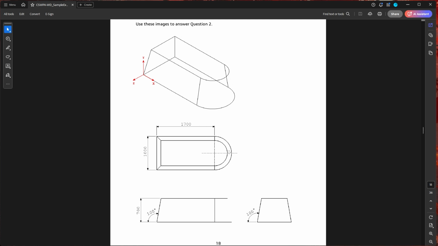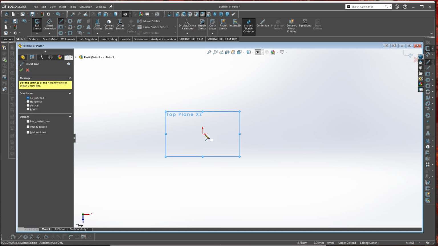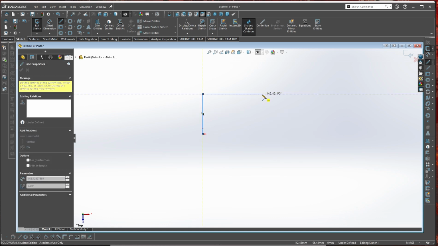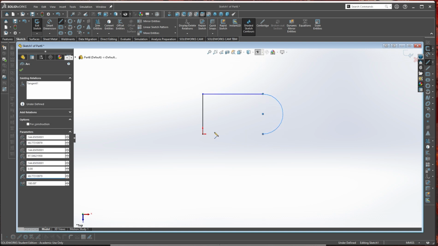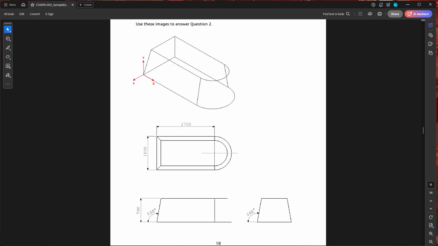We've got a tangent arc right there. Pretty straightforward. Dimensions 1000